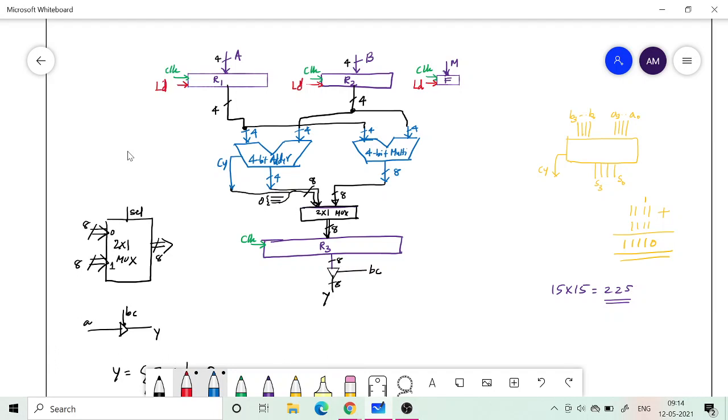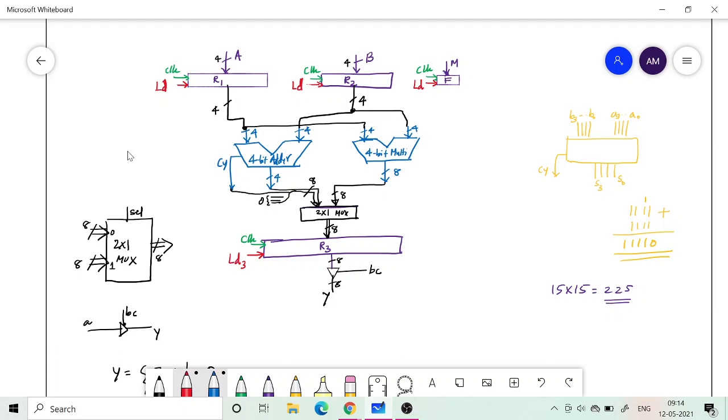Okay, so they are all the same control signal, because whatever operation I do on the R1, R2 and F registers will be done parallelly, and therefore the same control signal. If you write them separately, there is no harm in that, but then later you need to specify that LD1 equal to LD2 equal to LD3 is the same. Okay, so similarly there is going to be a load signal, but this load signal is going to be different. We are going to load R3. It's a result that we are going to load, and that has to be done at a different time. So this has to be distinguished. So I will call it LD3.